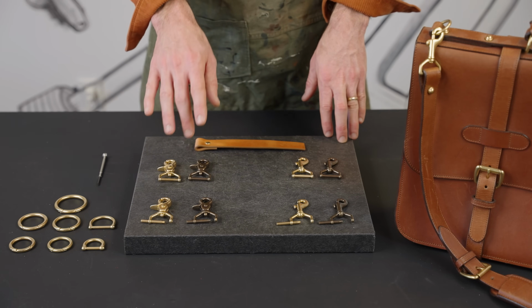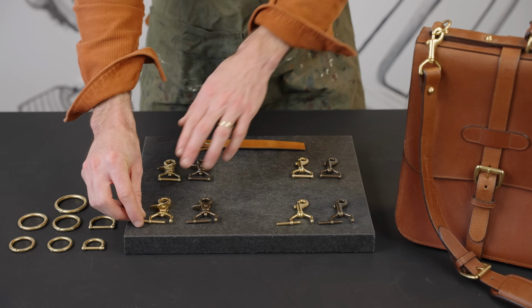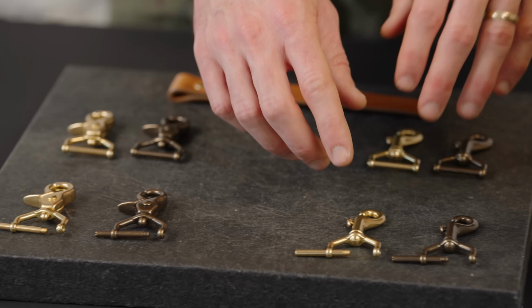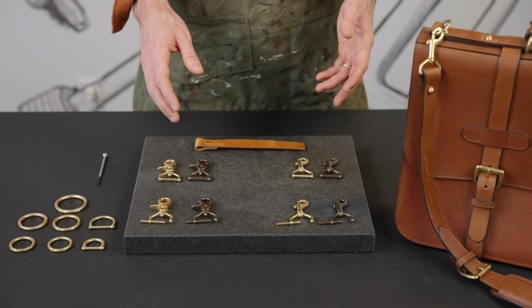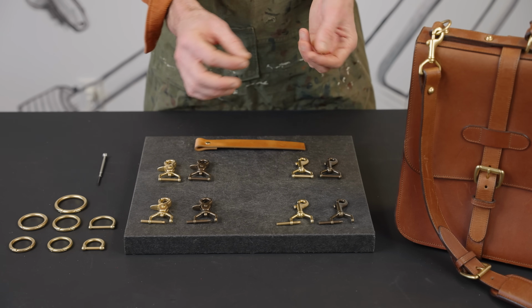These are our removable pin swivel snaps. We have made the removable pins on our triggers and our bolt snaps in a 1-inch size in our natural and our antique brass. We made these so you can have a swivel snap that has a removable base if